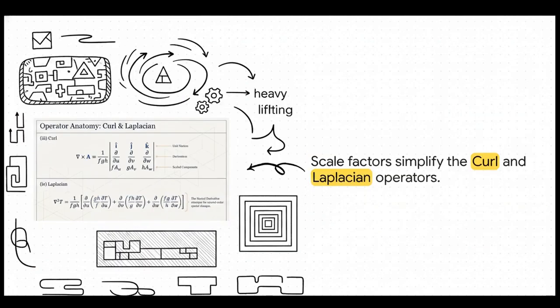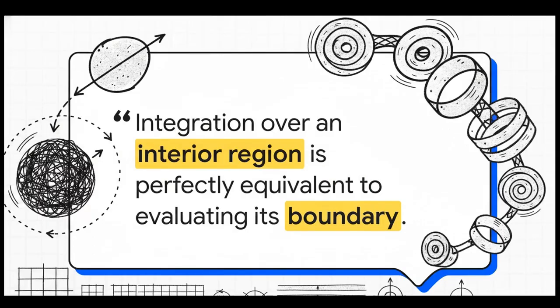And this brilliantly extends to the curl and Laplacian operators, too. Think about the nested derivative structure for the Laplacian. The scale factors neatly slide right into the formula, doing all the heavy lifting of the curve geometry for you. If you know this basic structure and your Rosetta Stone matrix, you can instantly generate the correct equation for any spatial system. Once you see this underlying blueprint, the boundary interior connections scaling up perfectly through the dimensions, and the universal coordinates doing all the heavy geometric lifting, the entire universe of vector calculus just completely opens up to you.